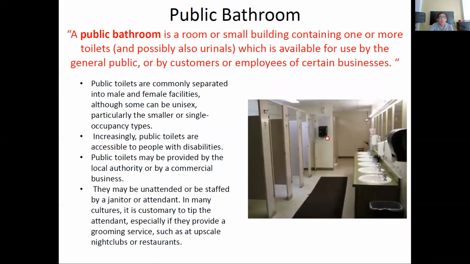This is a public bathroom. We see this usually in public areas like malls and restaurants. It has a battery of water closets and sinks, and urinals for males. It may also have a janitor's closet or attendant's closet.